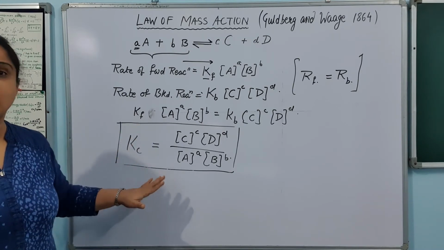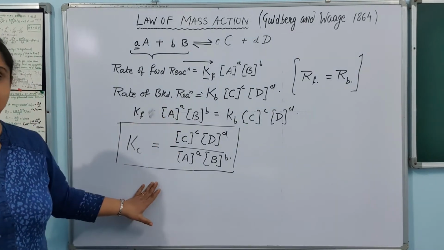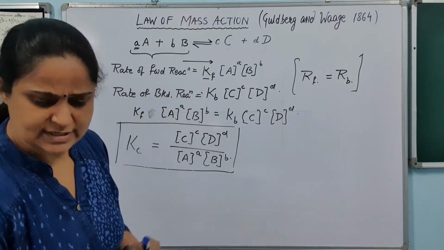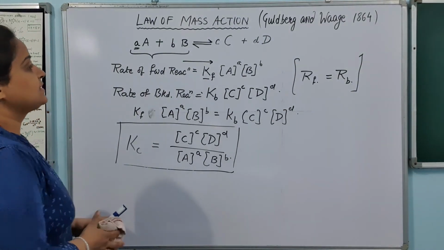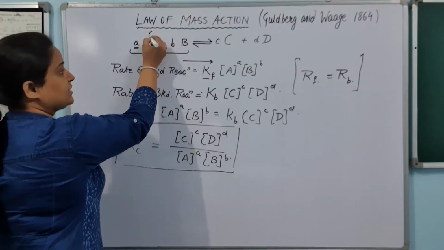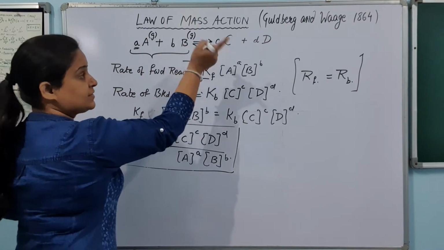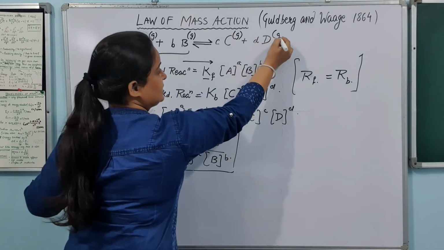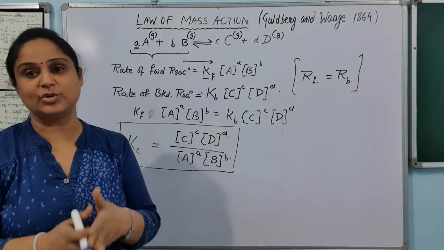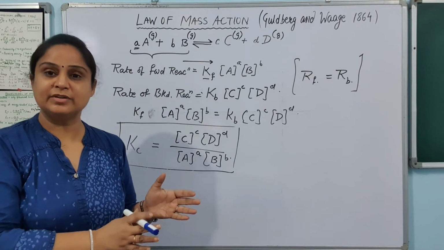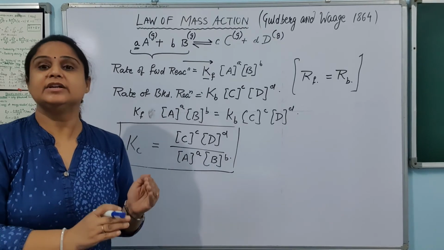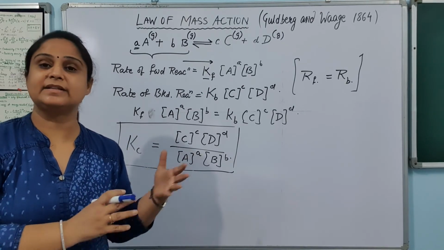Clear to you? So how we are going to define it and how we are going to express it. Now just assume that our reaction is a gas phase reaction. थोड़ा सा एक variation है, that is, this time we are taking the reaction as a gas phase reaction, means the reactant as well as the product are gaseous in state, and we know that when the reactant and product are in gaseous state, we don't take the concentration in moles per liter, we take it in the pressure. We consider the pressure of the reactant, and then we find out the amount of the gas present in that particular reaction.